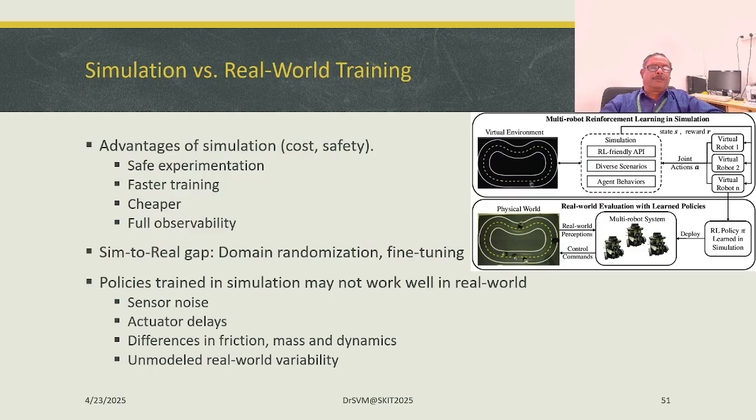The pro of simulation is safe experimentation, faster training, cheaper, fully observable. But working on the real world training, experimentation is definitely not safe. Training is very slow. It is going to be too expensive, and the environment is not fully observable, and hence